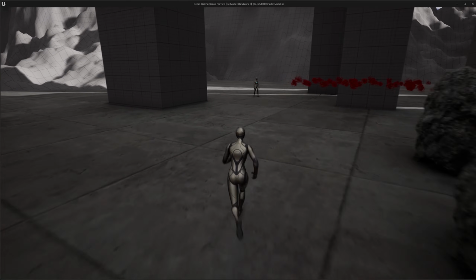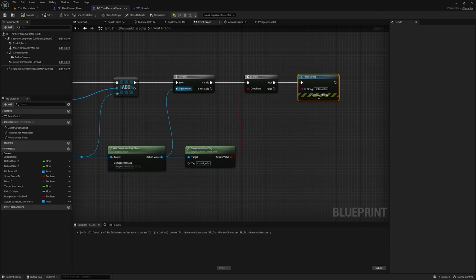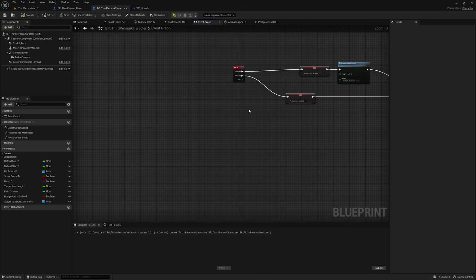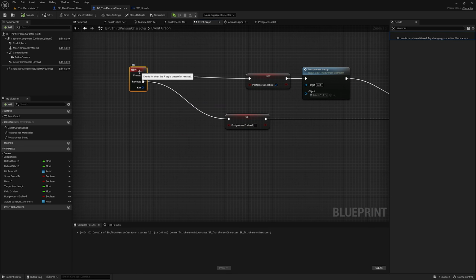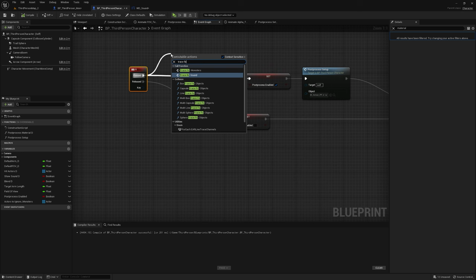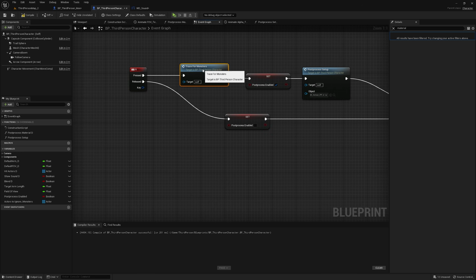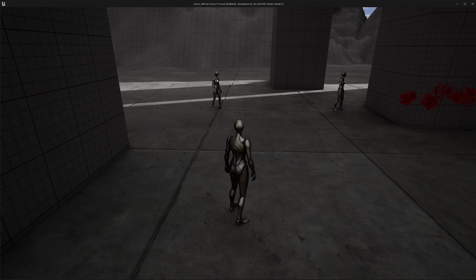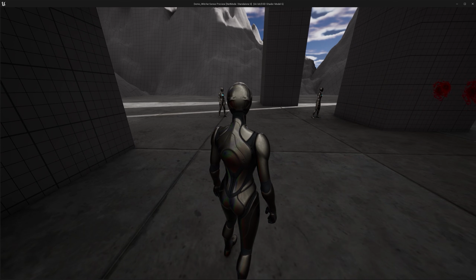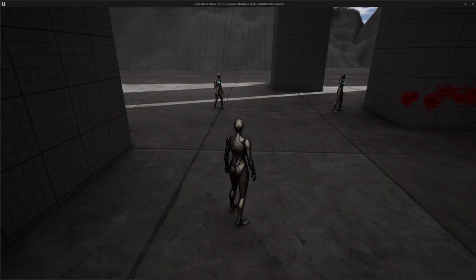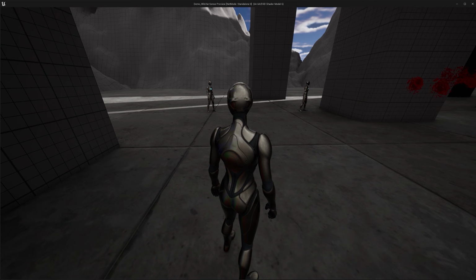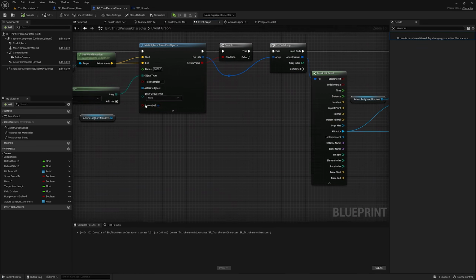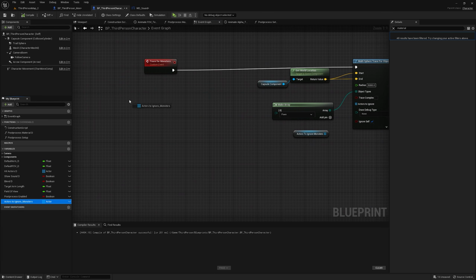I will just go here. Wait a minute, I need to connect the trace for monsters here. So I will just drag and type in trace for monsters. Add that to the R keyboard event. So now if I press play and if I press R, you can see that there is 2. And if I let go and press R again, it won't be visible because we haven't really cleared the array. So if we just clear the array,